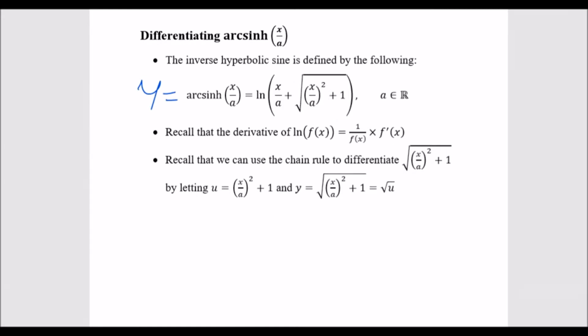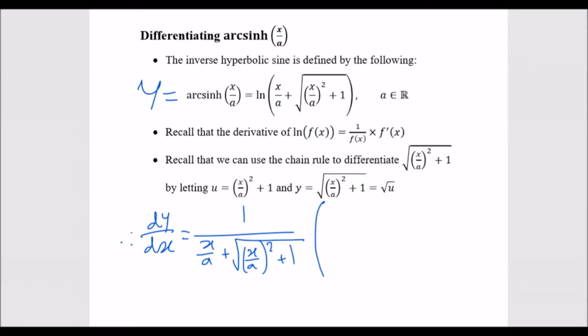This is going to be the first thing you write. So dy over dx equals 1 over everything inside here. Inside the function will be x over a plus the square root of x over a all squared. I'm trying to be very careful here, guys. Times the derivative of the inside function, so now we need to differentiate this. First, looking at this head on, we have x over a. Differentiating x over a, we just get 1 over a, plus